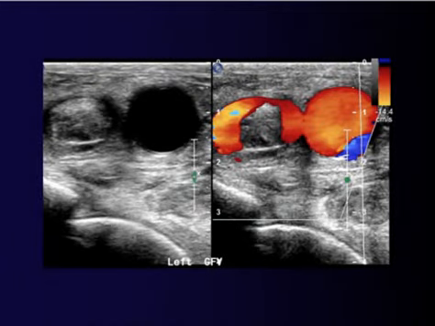On color, it has this appearance. You can see here we have the artery and the vein. The vein is filled with echogenic material. It is not substantially larger than the artery in this image, but you have the impression that this is completely occluded with thrombus. With color Doppler, you can actually see that there is flow around this,